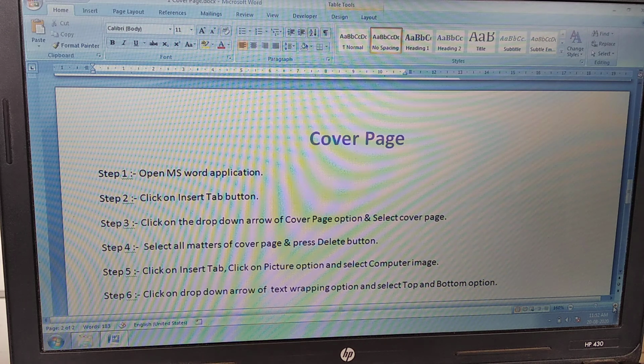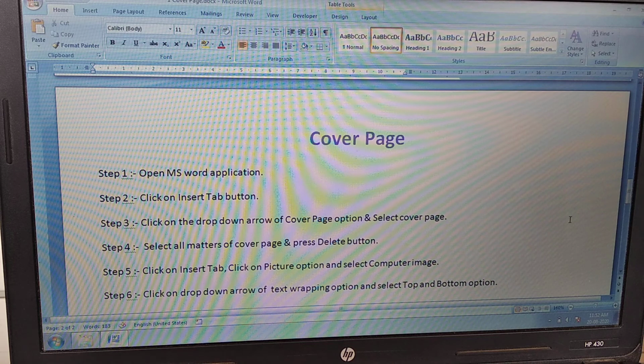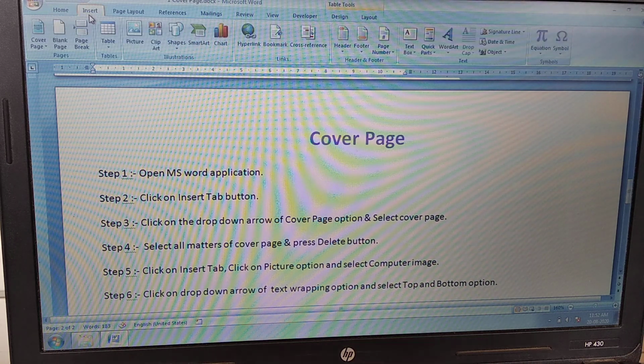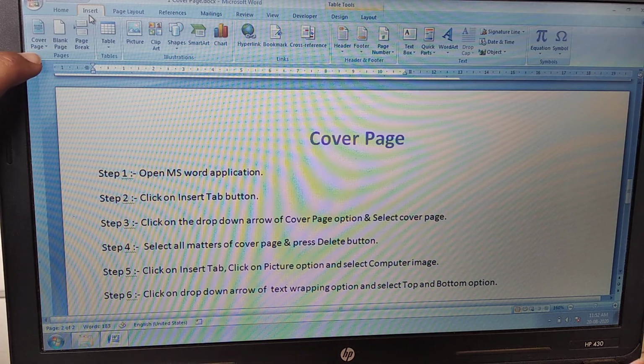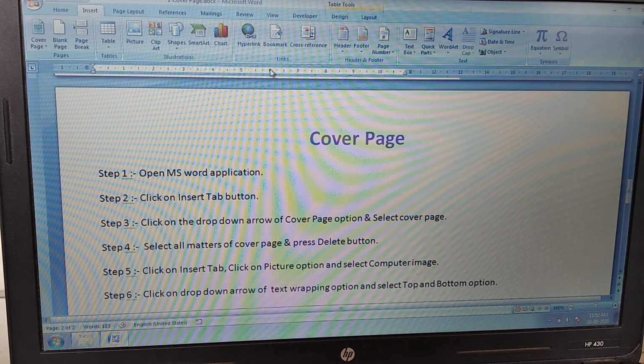The step number 2, click on the insert tab. Insert tab, I have told you about the insert tab. Why do we use the insert tab? Insert tab is generally used for inserting different material like different pictures, symbols, or many options. You can see here, the insert option will show you the different things you can insert in your